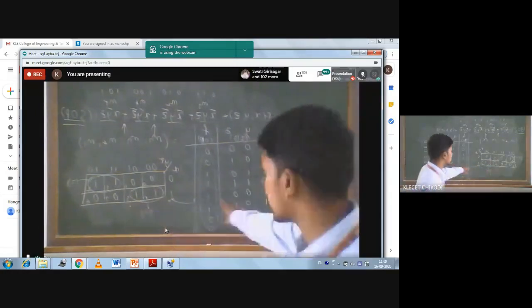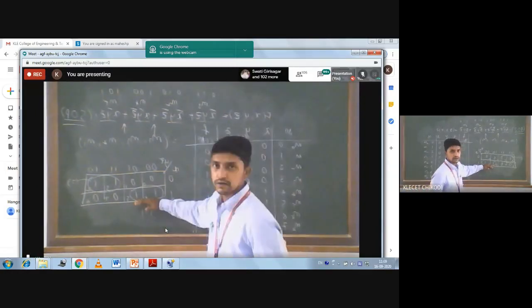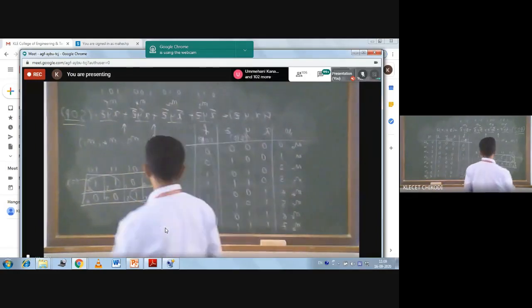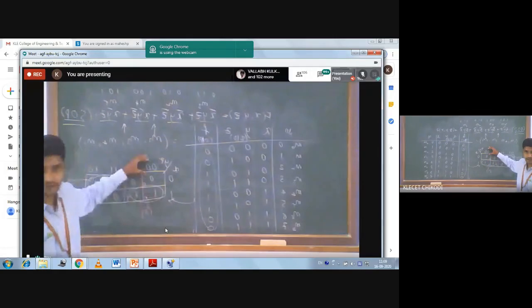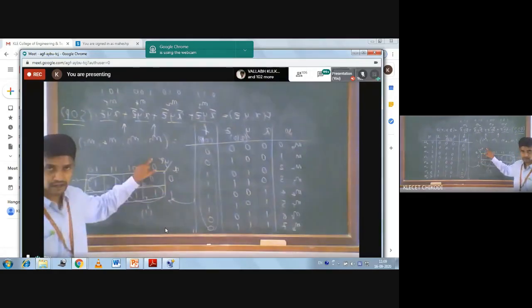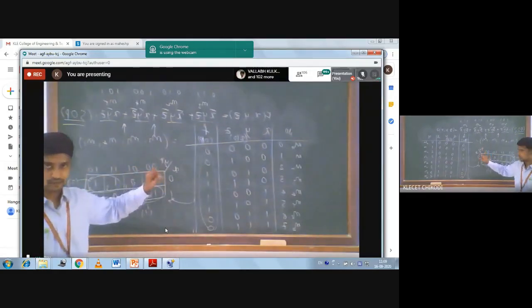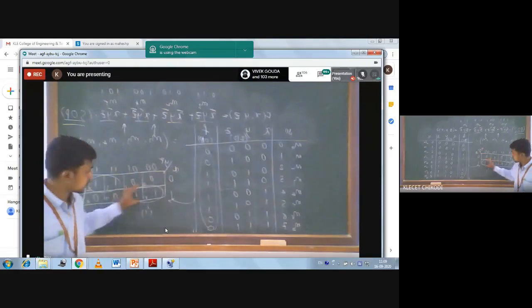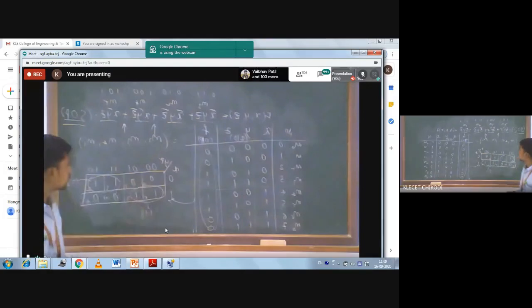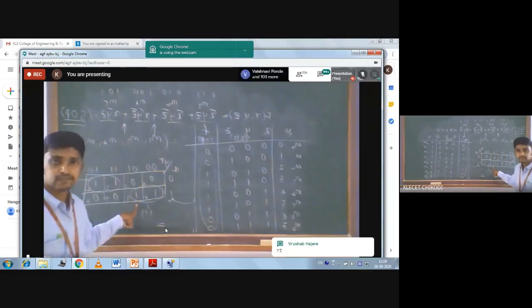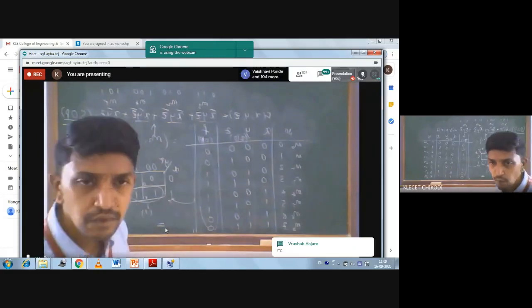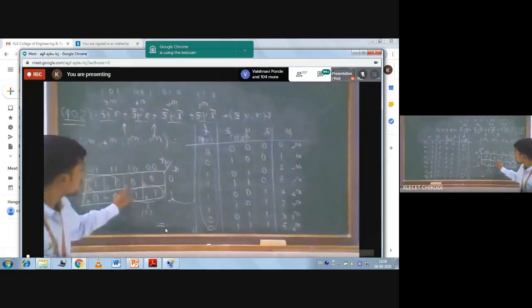So what is the first pair? For the first pair, go for the row wise and column wise. You have X, Y, Z here, not ABC. Considering X, Y, Z, check row wise and column wise and let me know what answer we will get here. For the first term, it is X Y bar. How?